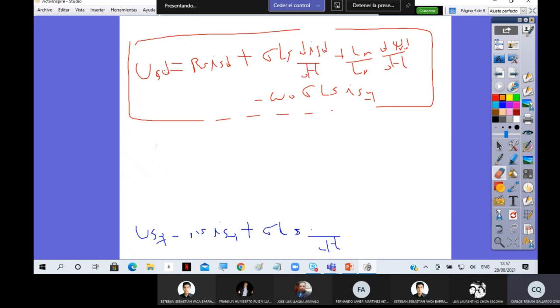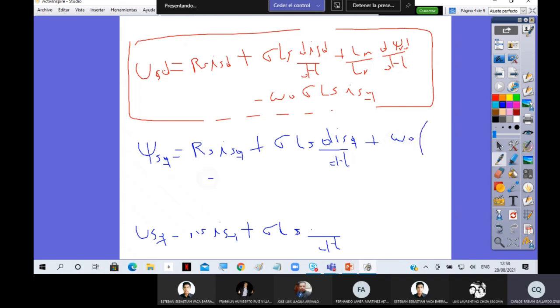Okay, so this is the stator flux on Q-axis, okay, is equal to the stator resistance, the stator current on Q-axis, plus the leakage coefficient times the stator inductance times the derivative of the stator current on Q-axis, okay, plus